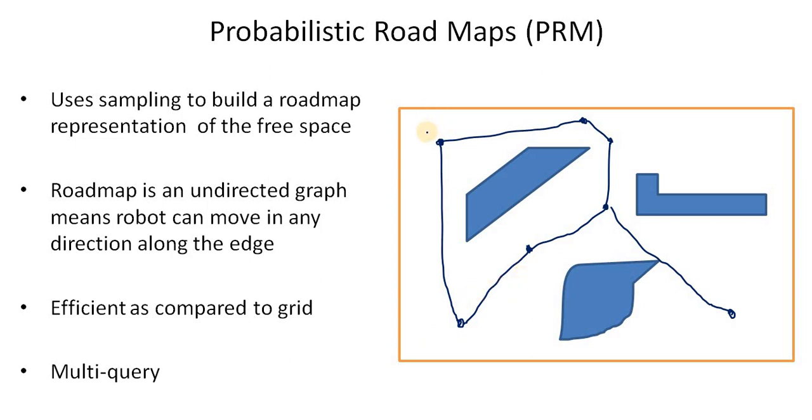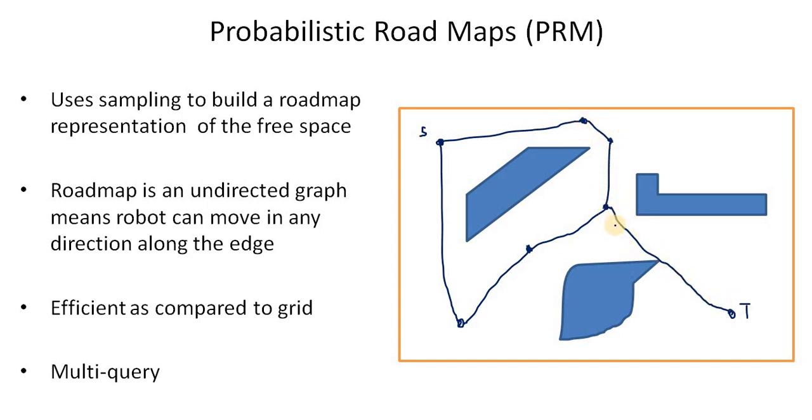For example, if your start point is here and first your target was here, you can use any graph search algorithm, for example, Dijkstra's algorithm or breadth-first search or A-star algorithm,